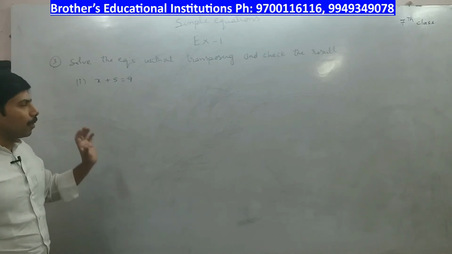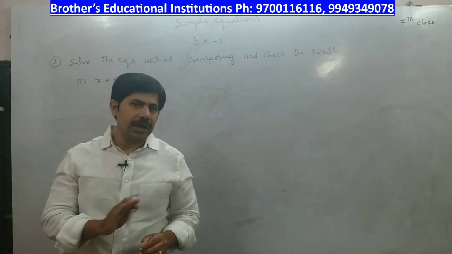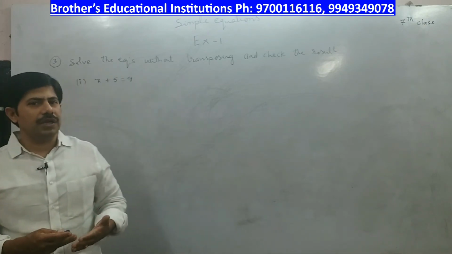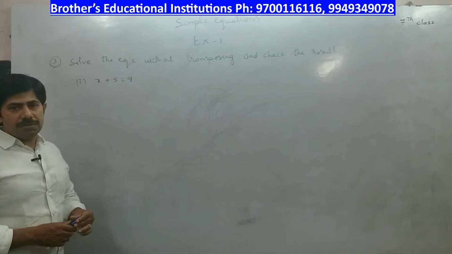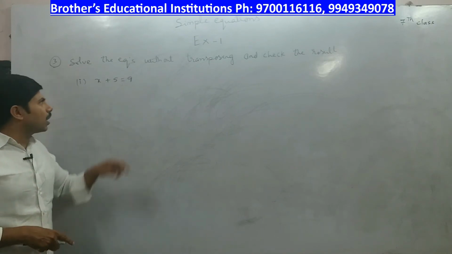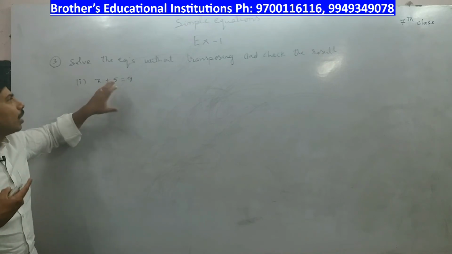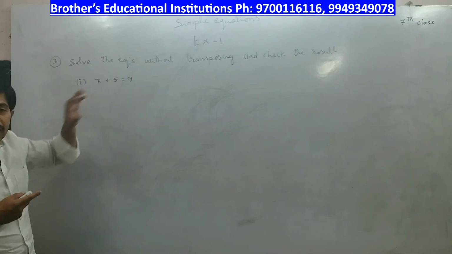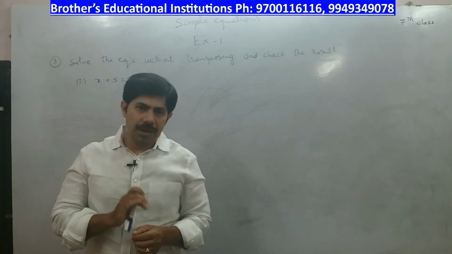So how to do a problem when a simple equation is given to you? Without transposing we have to find the value of x, not by the trial and error method. Trial and error is different, by assuming values of the variables we get the exact solution. But here in the without transposing method, x plus 5 is equal to 9. In this method you try to eliminate this constant, this 5. So how to eliminate this 5? What is the sign we have for 5? It is plus. Here the meaning of elimination is you have to make that 5 as 0.